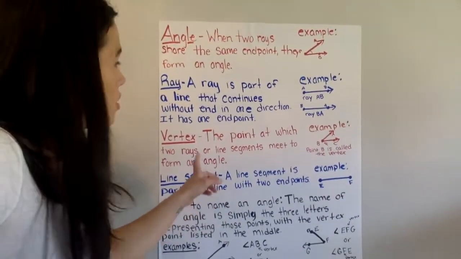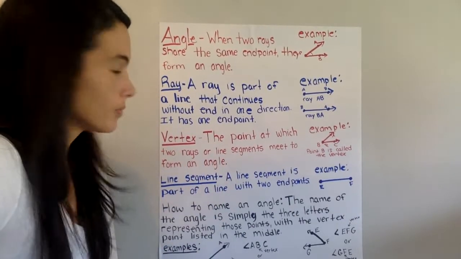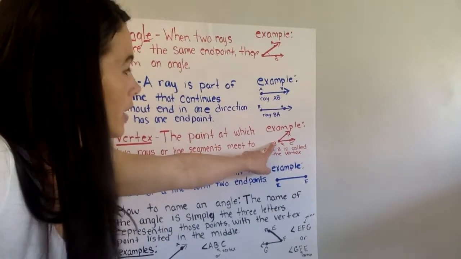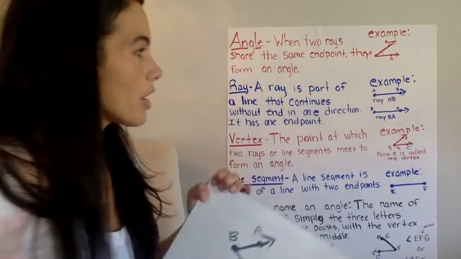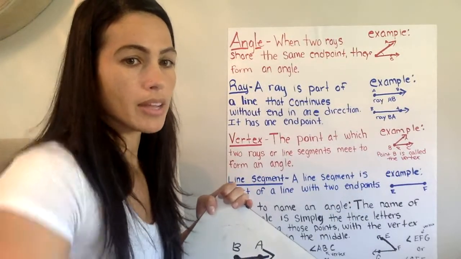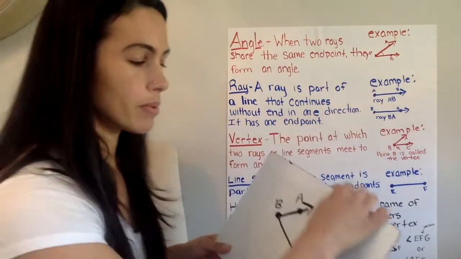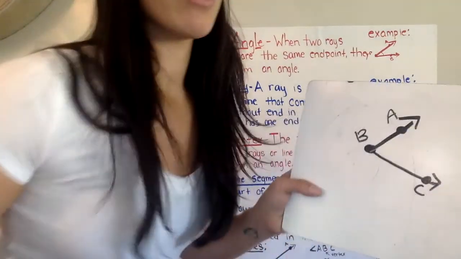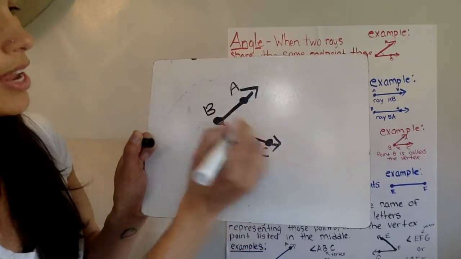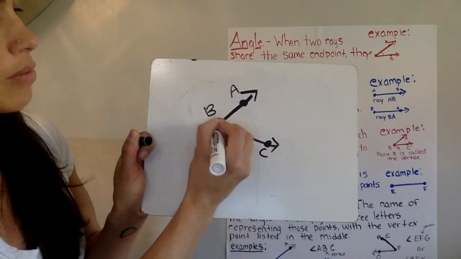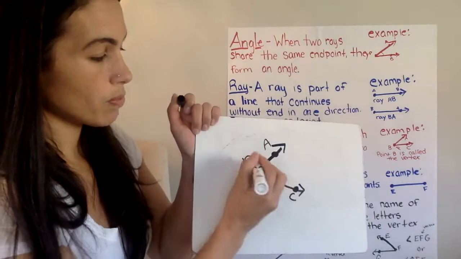Vertex is the point at which two rays or line segments meet to form an angle. And then you can see my example over here, but I'm going to show you up close. I'm sorry, I keep doing it up close because from my screen, this looks really small. I want to make sure you're able to see it. So we have our two rays right here. And then right here, where they meet, that point, that's called the vertex. So this point right here,